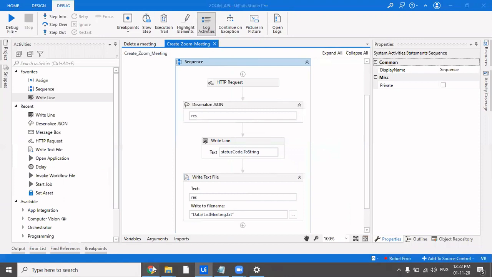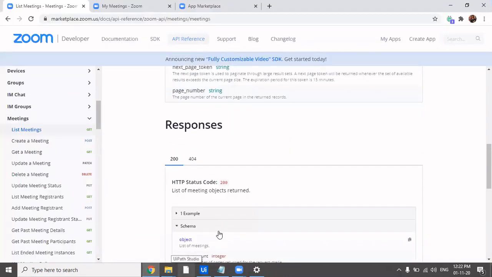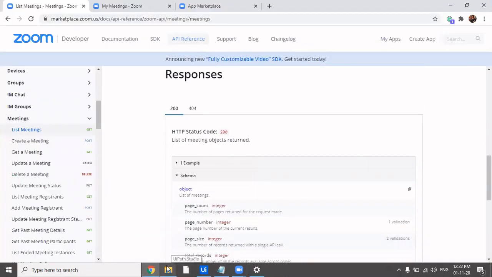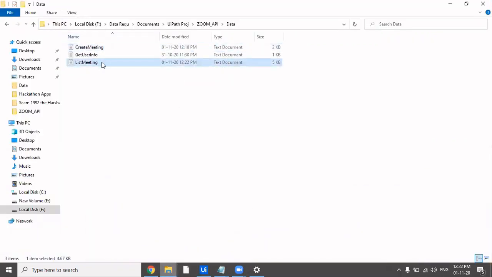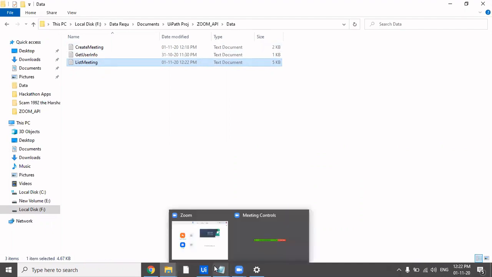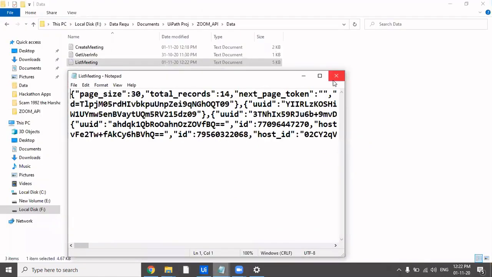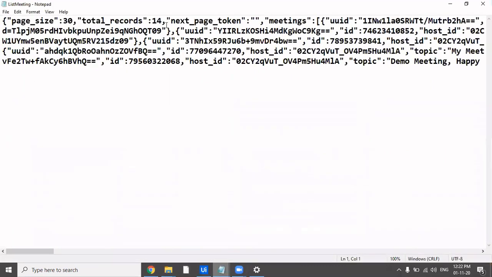Okay. So 200 is the response we've got, which is a positive response. And if we open the list meeting thing, yeah, here we are. So total records are 14. That is, there are 14 meetings that have been returned, which includes the previous one also, the upcoming one, every meeting.